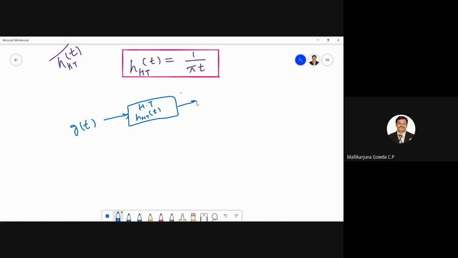So the output of this Hilbert transform I will write as g cap of t, which is equal to g of t convolved with the impulse response of the Hilbert transform. The input signal is convolved with the impulse response of the Hilbert transform. So with respect to that, I can express this in terms of a convolution integral also. The Hilbert transform of the signal can be expressed in terms of the